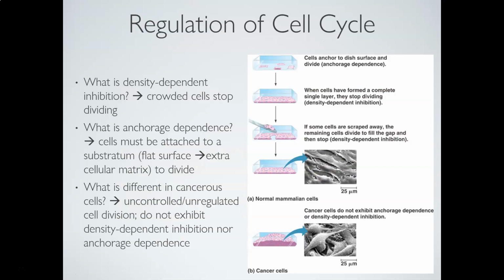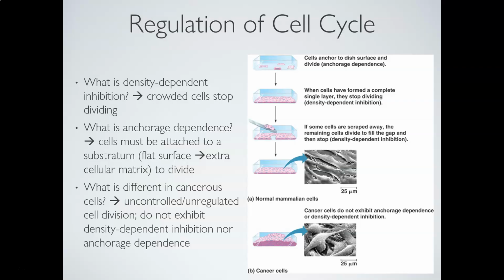Okay, so other things that we have been able to witness, identify in tissue culture, and as a result, be able to apply to what's going on in your cells, are these two things here, density dependent inhibition and anchorage dependence. And both of these are, just like everything else, molecularly controlled, but they're interesting when we look at cells and tissues. They should be exhibiting these two behaviors based on the molecules that they produce and the molecules that are typically in their environment.